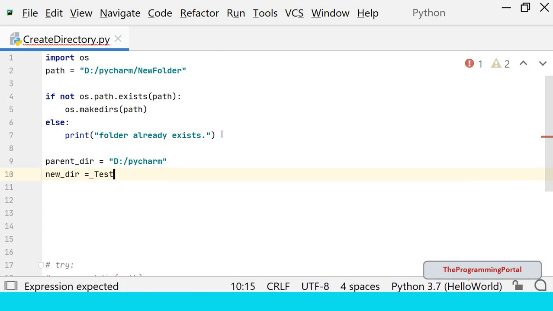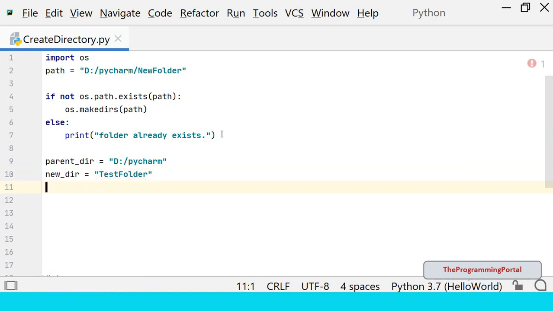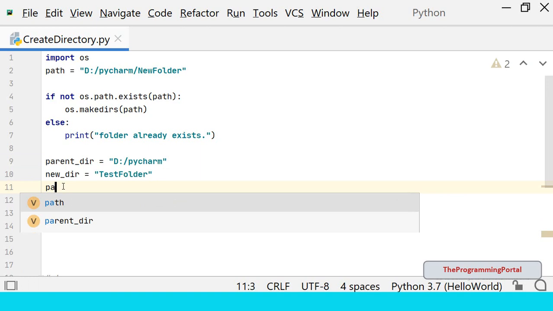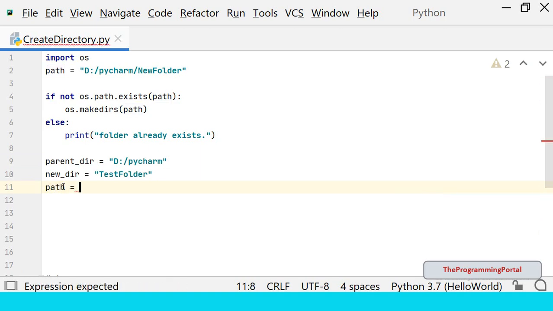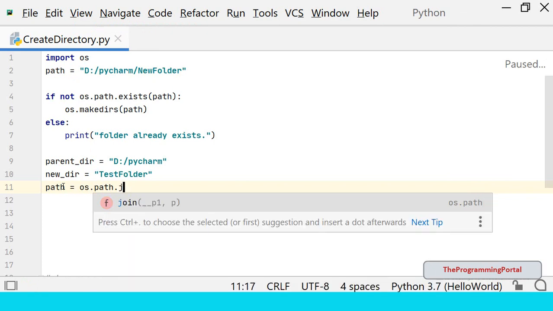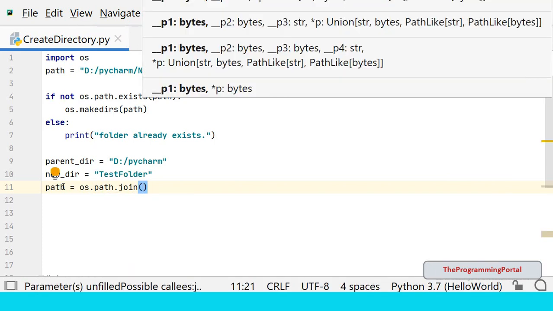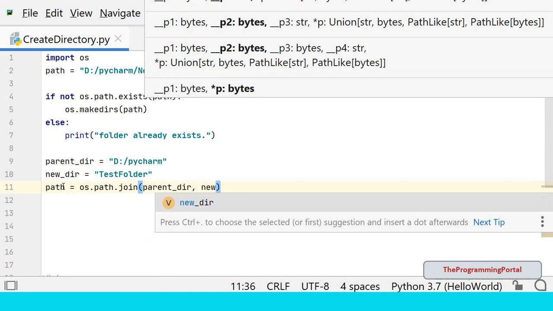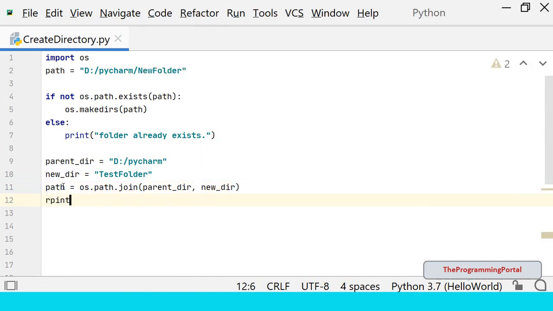Here I can specify test folder. Now I can join both of this. So I can write path = os.path.join. First will be parent directory, second will be new directory. And if you try to print path,